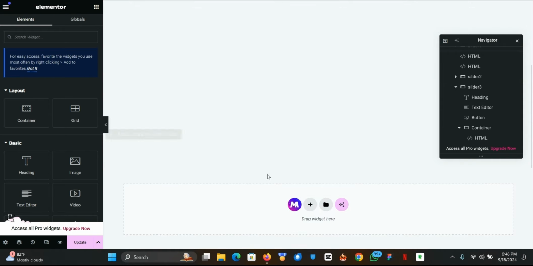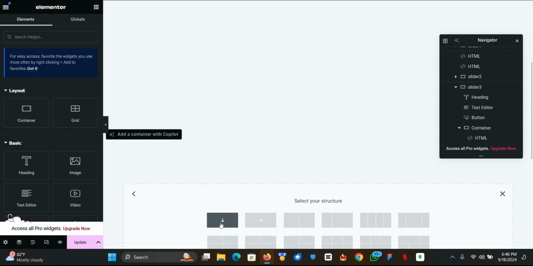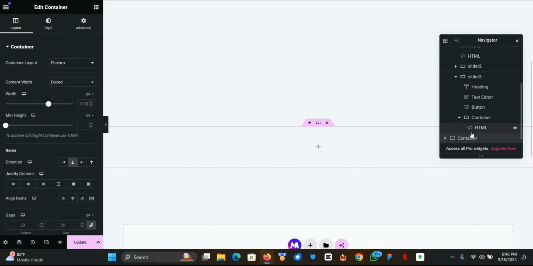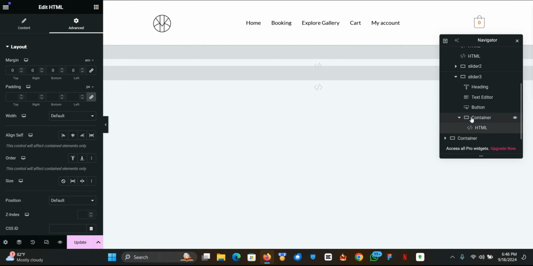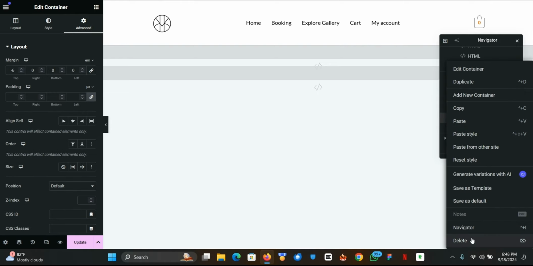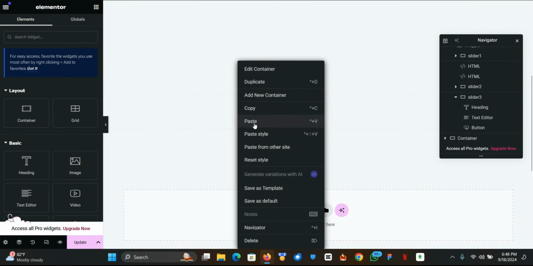To correct the slider dot, I'm just going to change the way I arrange this. I'm just going to copy the code for the slider dot, and then I'm going to delete this off. So in the new container that I added, I'm going to paste the